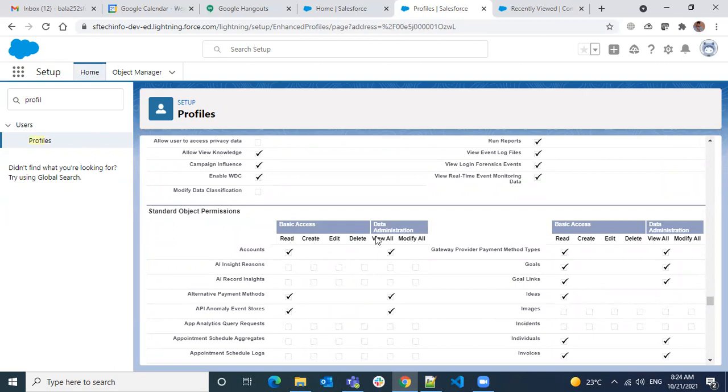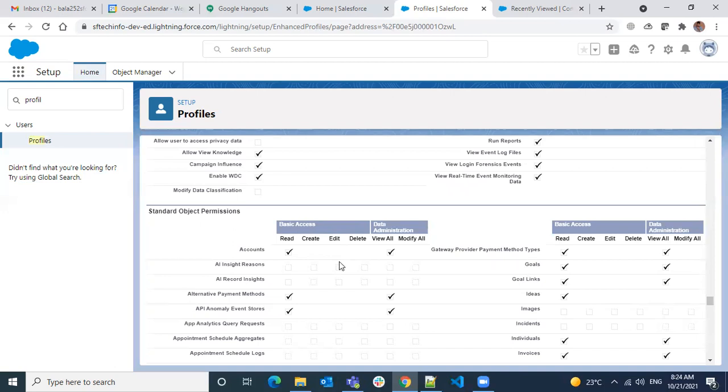Okay, so what are all these six things available? Read is self-explanatory, that you're able to see that object. Create means even if you see that object, you can create records in it.